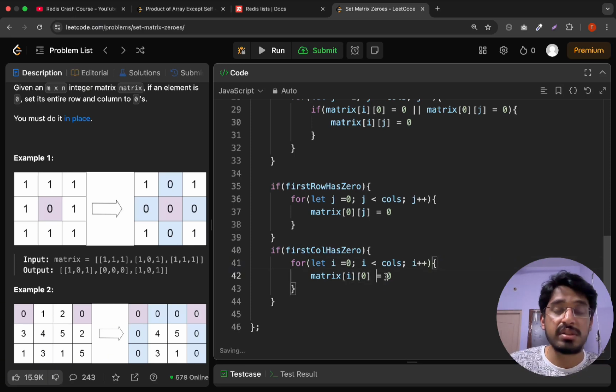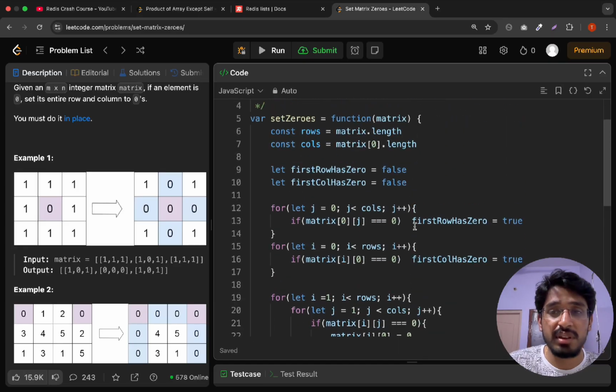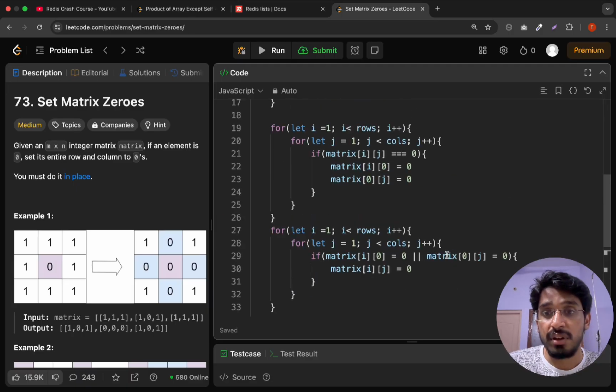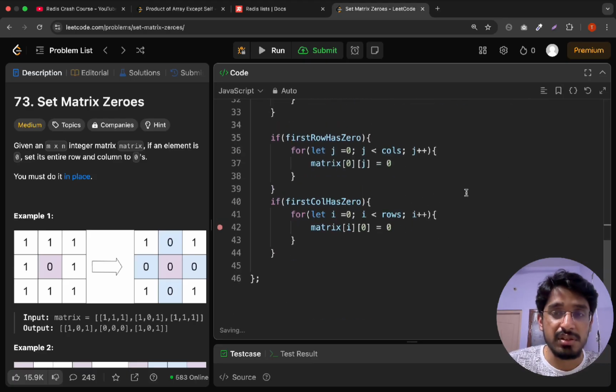Okay, so that's the basic logic. Most of the things I have just duplicated. So we just have 4 steps. If you just understood these 4, then you would be able to solve this in an easy way. And this has to be rows and not cols. Sorry for that. And also here I have just used a single equal operator. So we just want to compare, right? So we just use triple equals, and yeah, so those were the mistakes. Now let's run this file and check if everything works